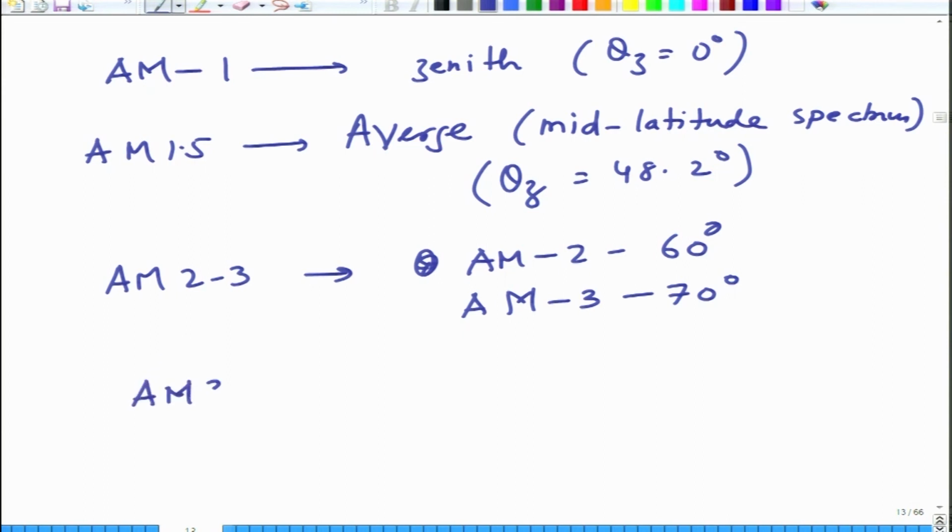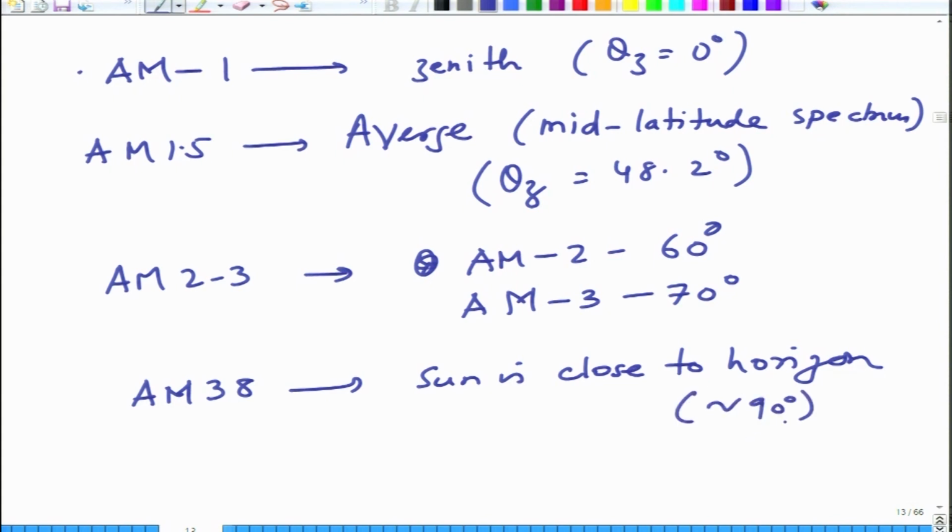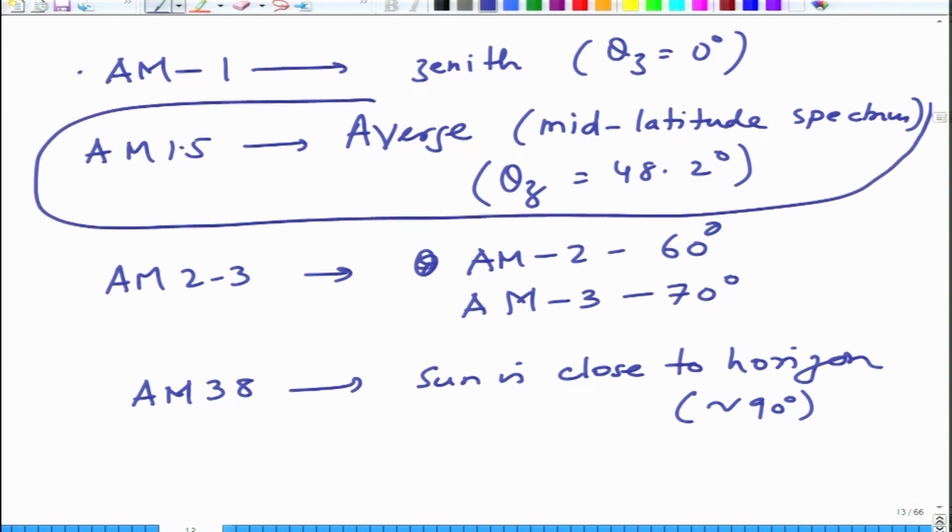And AM 38 would be nearly when sun is close to horizon. So, you can see that the value changes from 0 degrees to close to 90 degrees, not exactly 90 degrees, because if it is 90 degrees it would become infinity. So, it is about 90 degrees when AM reaches 38. So, it varies from 1 to 38 during the course of day, or 38 to 1 to again back to 38 during the course of the day. The average is somewhere at about 1.5. This is why during photovoltaic measurements we consider the value AM 1.5, okay,